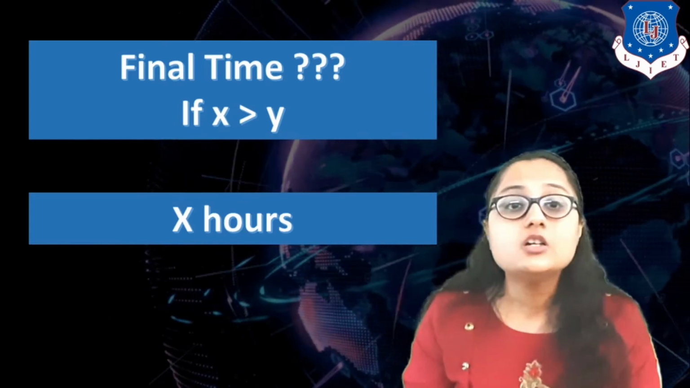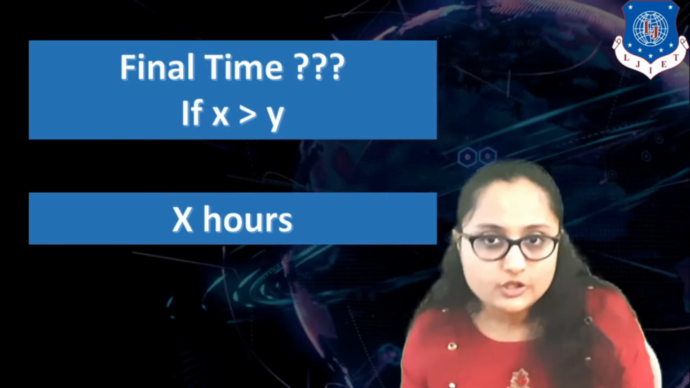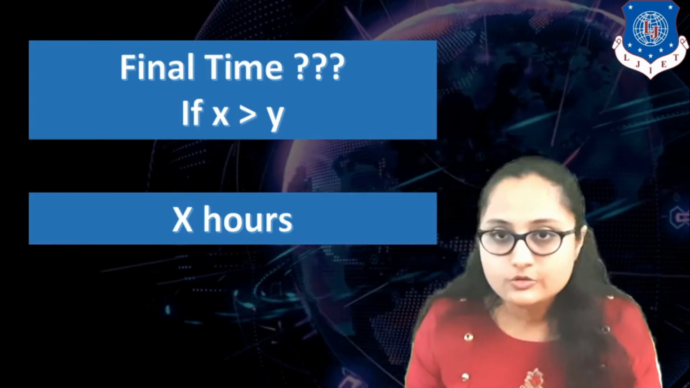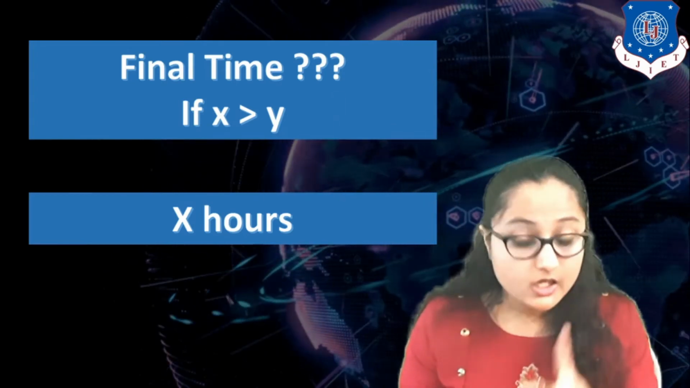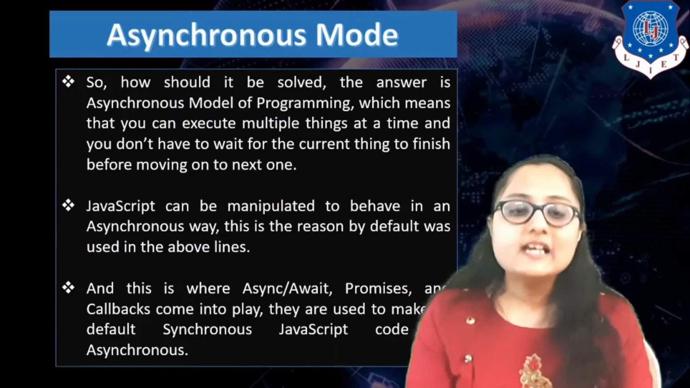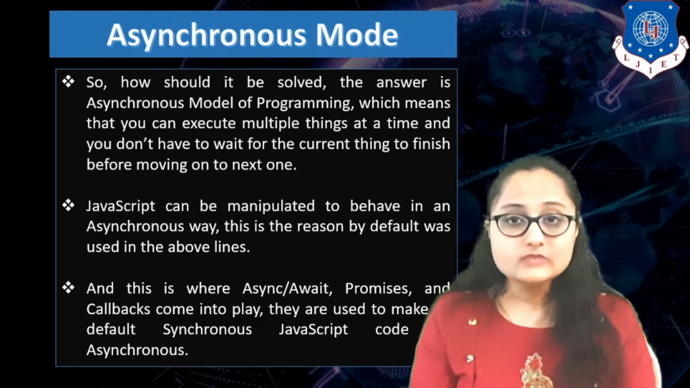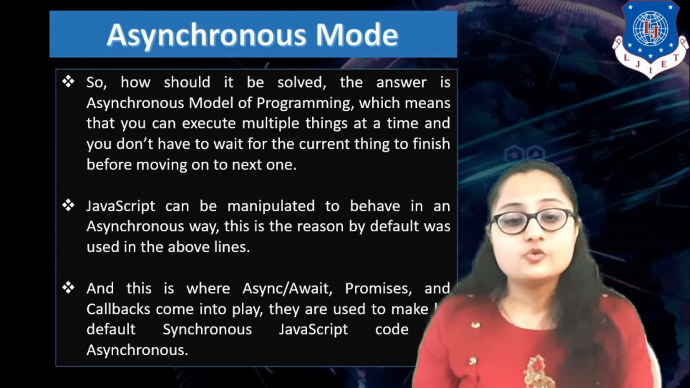They were not waiting for each other. My friend 1 was not waiting for friend 2 to complete the task, neither was my friend 2 waiting for friend 1 to complete the task. They were both working simultaneously. Okay, so this is the solution in asynchronous mode. Asynchronous mode is exactly the scenario that we have discussed, and this is known as the asynchronous model of programming,